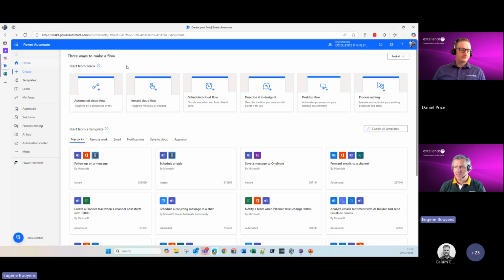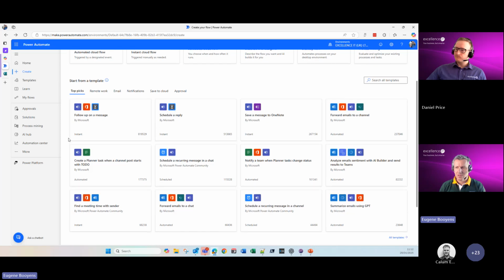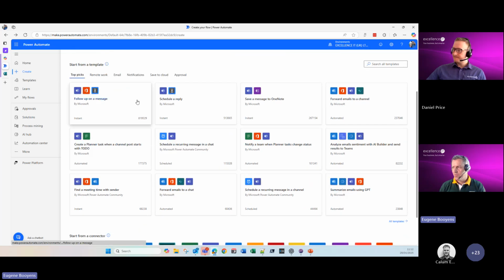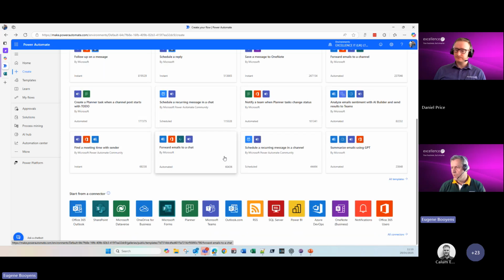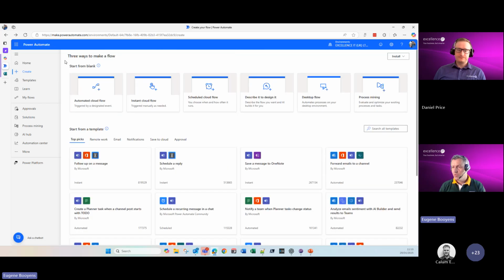The basic idea with Power Automate is you effectively have an automated process that runs in the background that is either triggered by an event, or it runs on a schedule. There are a couple of others here, but I won't go in depth on those. You'll notice there's an area here for templates. For example, you can pick some templates where you can schedule a reply in Teams, or save messages to OneNote. There are quite a few examples in here that might help you get thinking. You should be able to come in here and have a play.